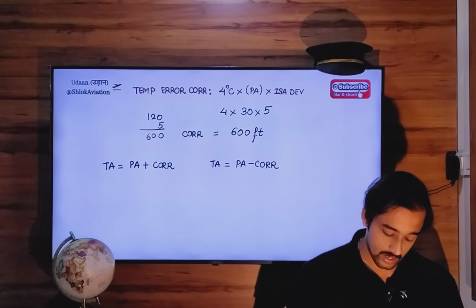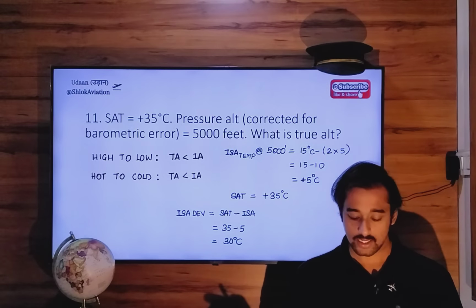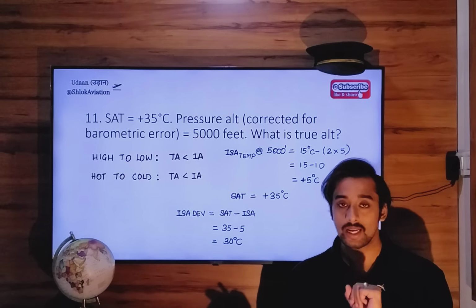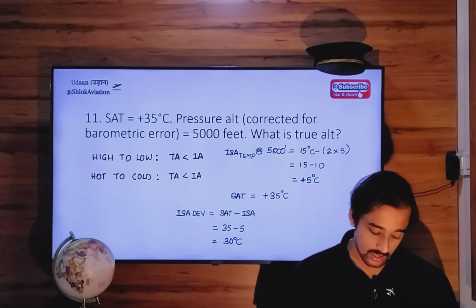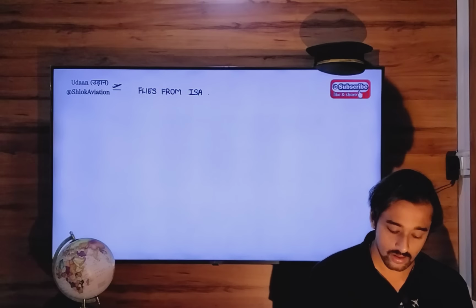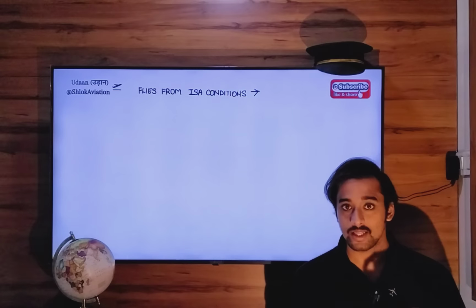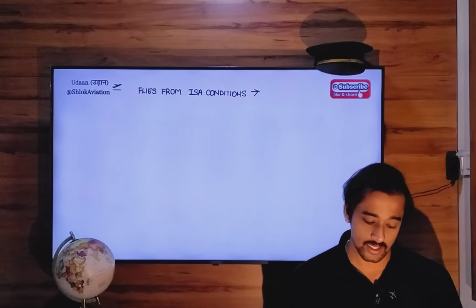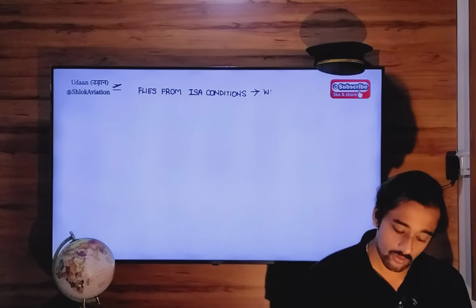So over here, look at this. In this case, static air temperature is more than ISA temperature, right? So when your aircraft flies from ISA conditions into an air mass which is warmer than ISA, in this case warmer by 30 degrees Celsius, so into a warmer air mass,